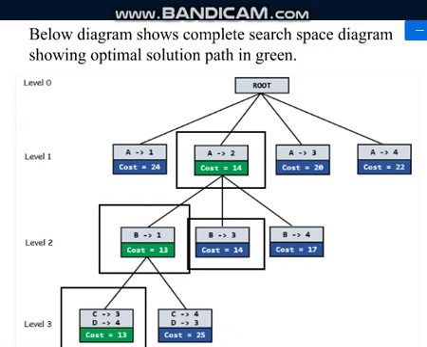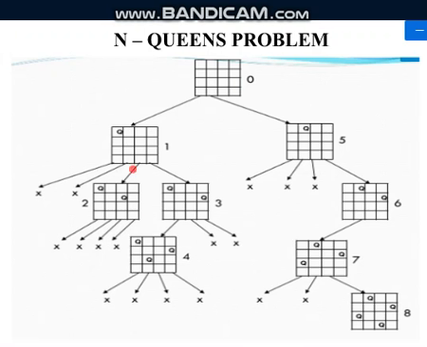Yes. So we'll see what this n-queens problem is. We have already seen how backtracking is applied. See, if you look at this, these are the steps for backtracking, isn't it? So we start with the empty board. So this is 4 cross 4. So what is this n-queens problem?